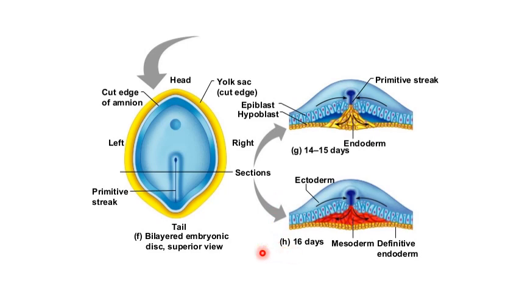So, you don't have to draw this diagram, this is just for your explanation, but draw this diagram if you are asked about gastrulation. If you want to show the primitive streak, because this is the diagram where we show all the three layers, label this as the primitive streak, this as the ectoderm, this as the mesoderm and this as the endoderm.